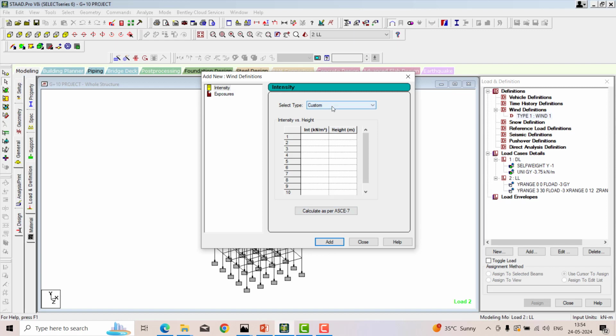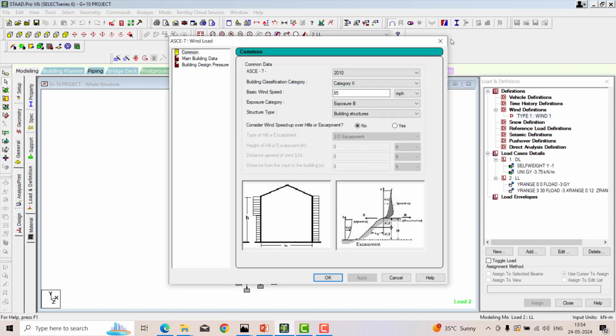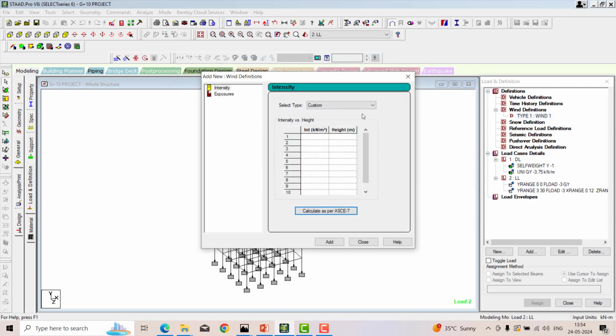The factors we already got from the IS code, because by default we don't have the IS code here. If you want to go ahead with the American code, you can check the parameters. But by referring to the Indian code, I found the intensity, that is 1.0. That will be the intensity we are going to apply, that is 1.06 or 1.0, whatever it may be.